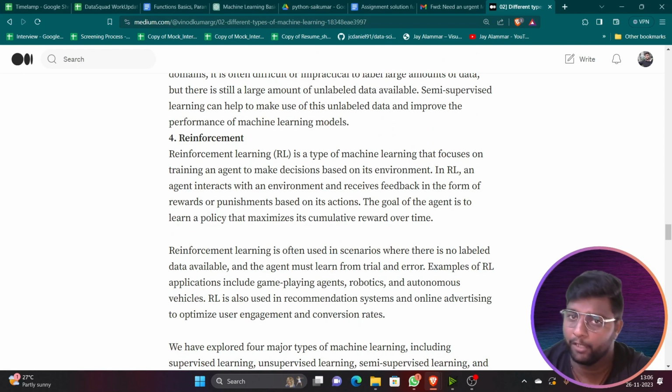Take an example of a robot. You will have only some training dataset for it. After that, you cannot provide any more training to it, right? It has to learn by itself. The main target of reinforcement learning is to learn by itself, and it is mainly used in applications of